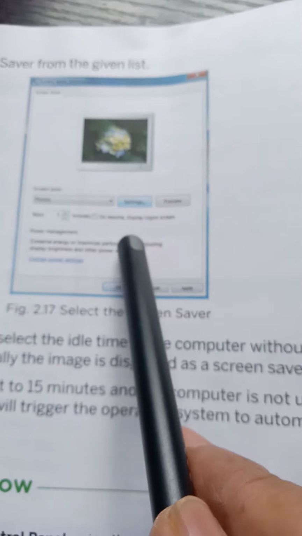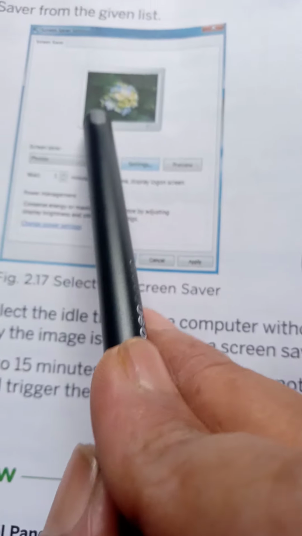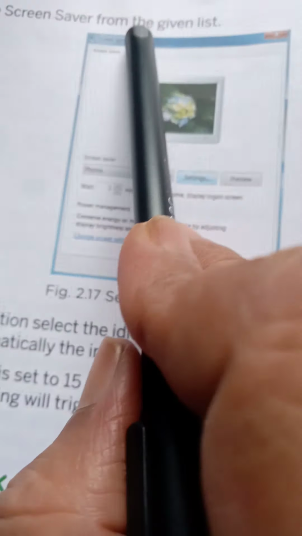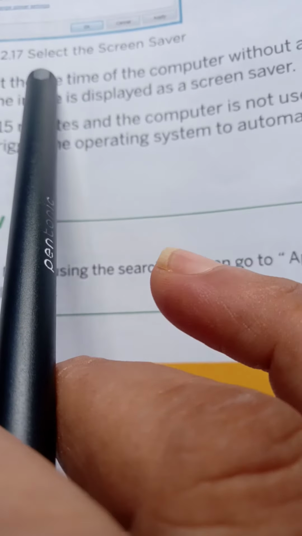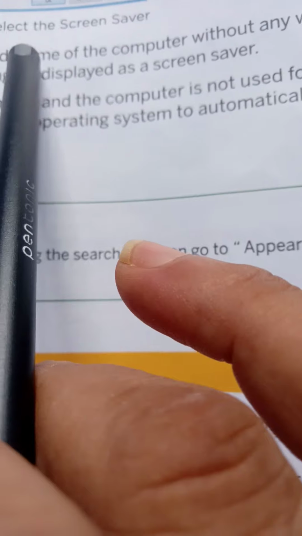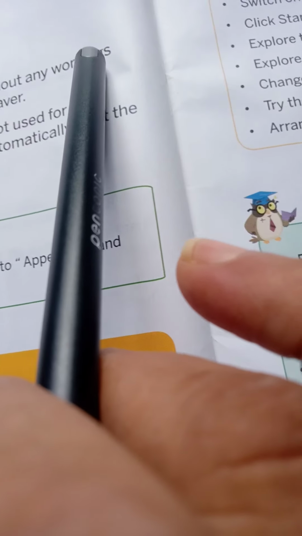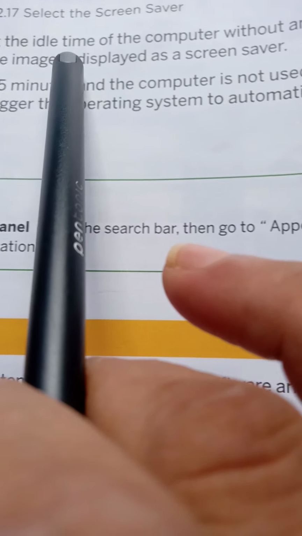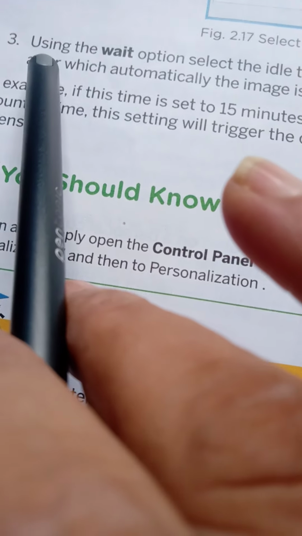You see here many pictures. You save it like the wallpaper. Then use the Wait option, go to the Wait option. It is the idle time of the computer without any work, after which the image automatically displays as a screensaver.